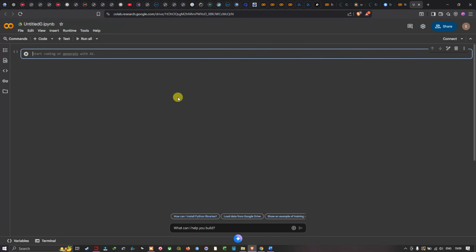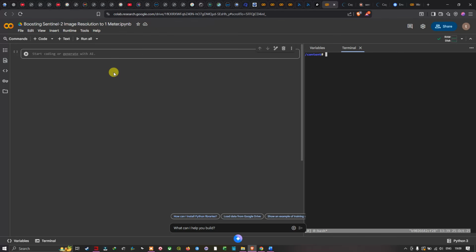So now here, first step, I'm going to navigate to this option called Untitled here. So I'm going to enter my title. So here you can see I've entered boosting Sentinel-2A image resolution to 1 meter. So I have given as a title boosting Sentinel-2A image resolution to 1 meter. So in the next step,